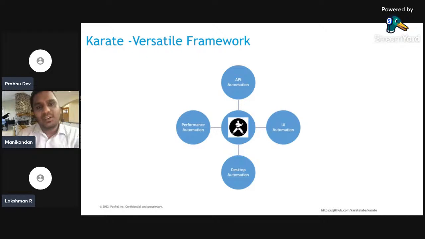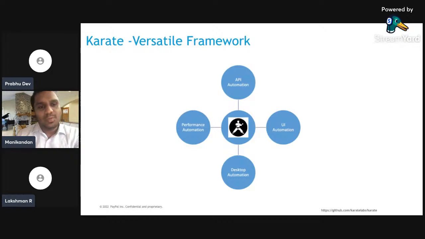When you compare it with the REST Assured framework or Selenium, we have to write Java code for parallel execution, but Karate gives a built-in option. And when it comes to Karate, programming knowledge is not required because Karate is built on top of the Cucumber framework, the BDD testing framework.